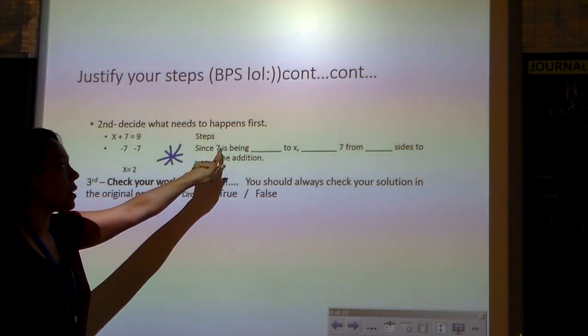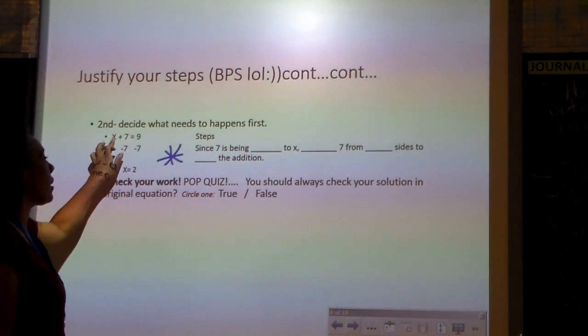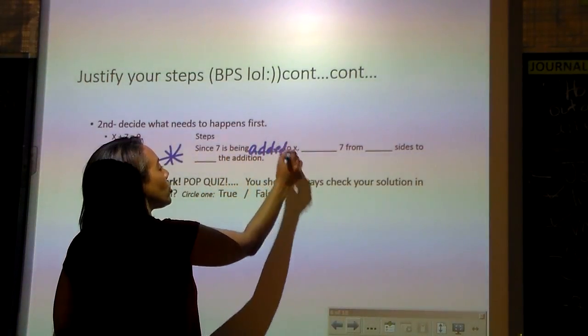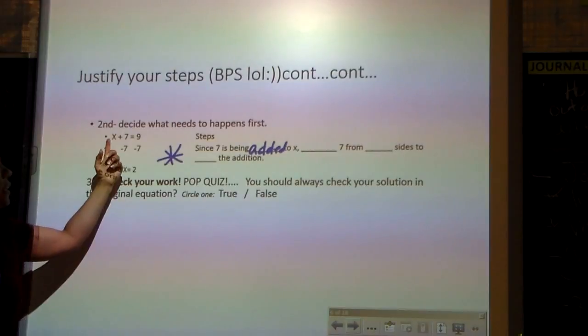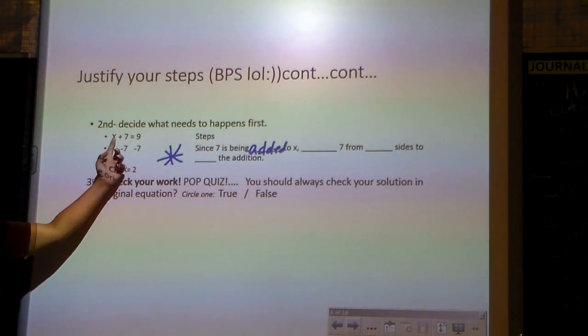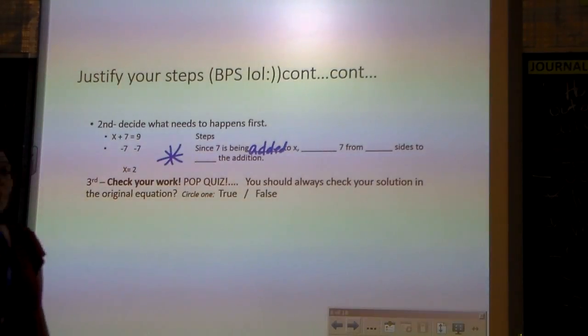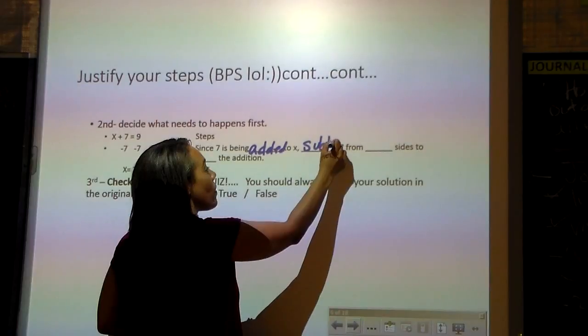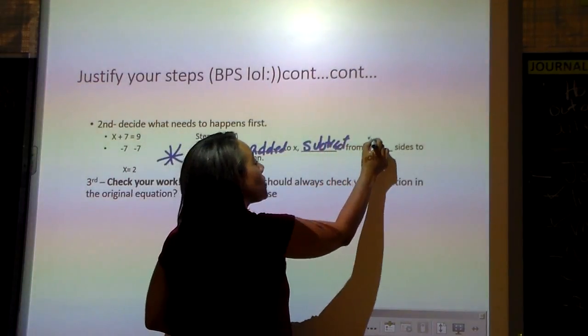Since 7 is being added to x, because you see here you have x and 7 is being added, since 7 is being added to x, then what we're going to do here is subtract 7 from both sides